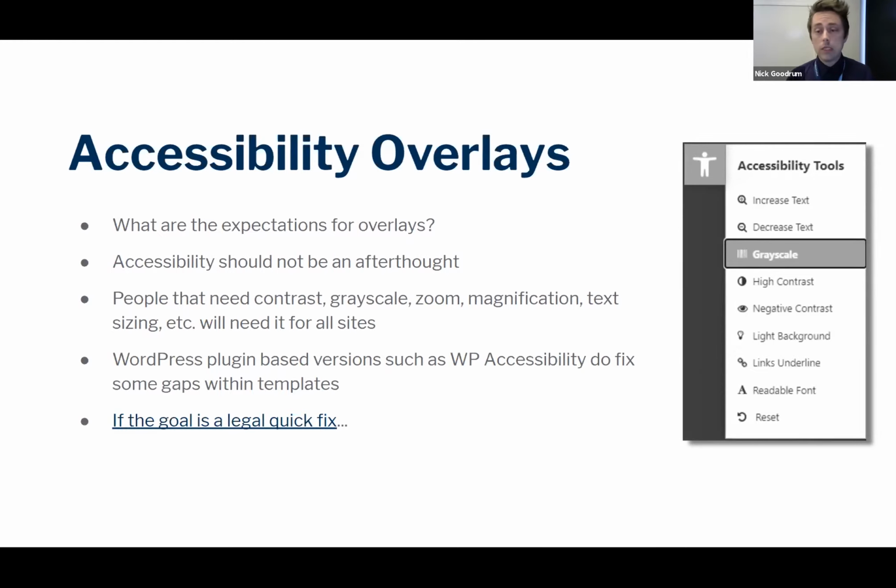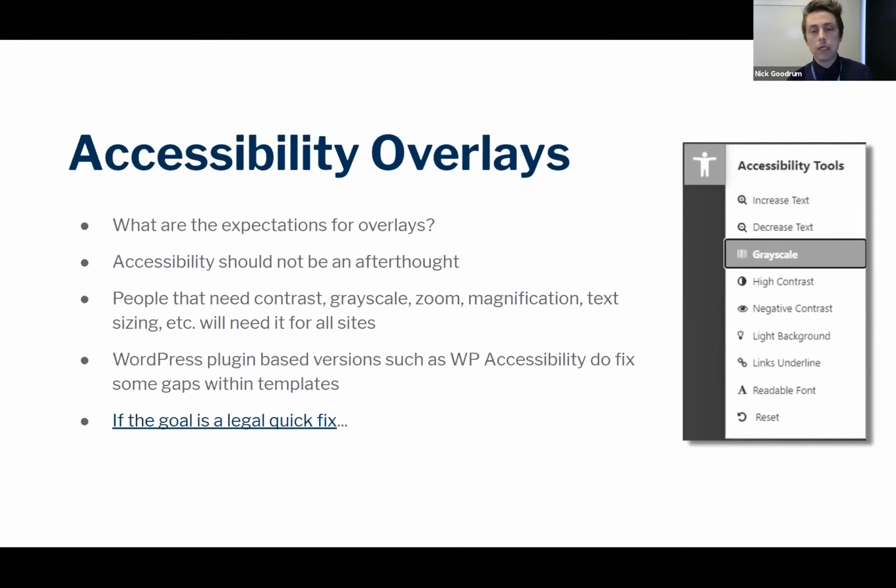Now, it's not that you shouldn't use it at all and there's no value. There could be some people that still somehow get benefit from it. So that's where I go, what are your expectations? And there are also some within the WordPress space, like the WP Accessibility plugin from Joe Dolson. Yes, it has a little bit of overlays, but it's also got some good aspects snuck in, right? Making sure title attributes are removed if they're not really needed, making sure skip navigation is inserted for you. So they're putting stuff inside the PHP space to actually make it a little bit better.